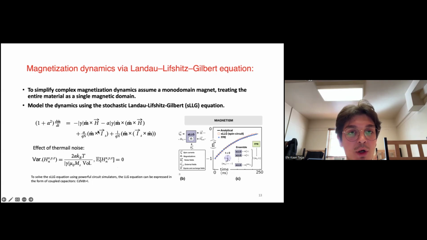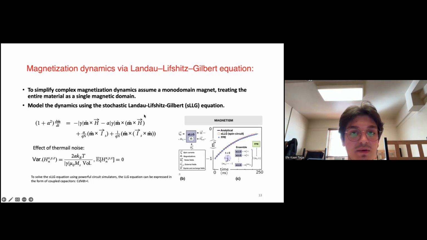And our monodomain approximation gets better as magnets are scaled down to small dimensions. But more importantly, it allows magnetism and transport models to be combined in circuit simulations. And the SLLG equation, the stochastic Landau-Lifshitz-Gilbert equation, is a two-dimensional ordinary differential equation, as you can see,